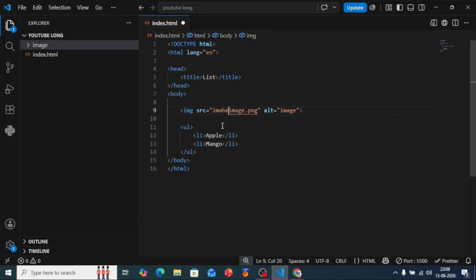Now I am going to tell you about ordered list. In this list, the items that are inserted in a list will display with a number.